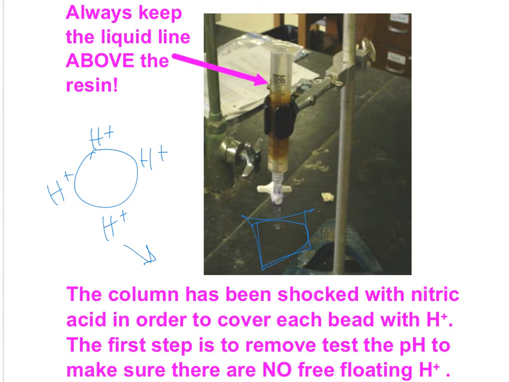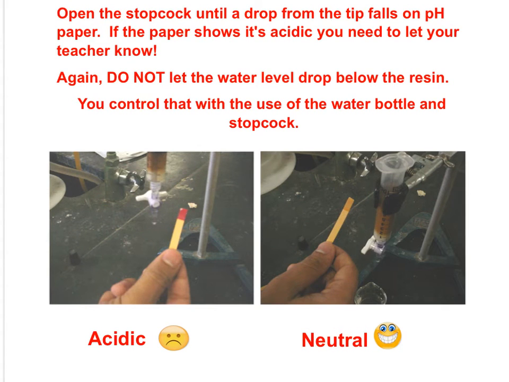because if that happens, you're going to get a too high number of moles of H plus, which is going to translate to too much calcium plus 2 in your calculation. So we want to verify that the liquid going through is 100% neutral before we put in our sample. So what you're going to do is check the pH of the water coming out of the tip before you start. When you do that, you're going to just open up the stopcock, let a drop fall out onto the